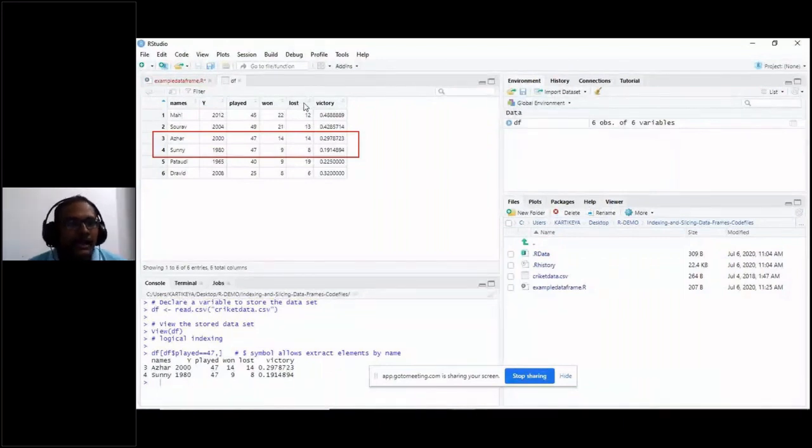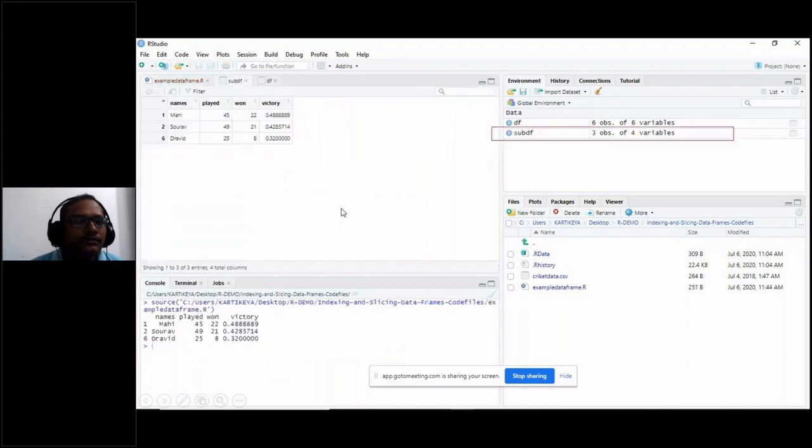The remaining columns we want to present in the subset data frame, and we have put some condition. What is that condition? The number of victories must be greater than 0.3. See here, this particular row has a victory of 0.29, or it has 0.19. This kind of rows we don't want. We want it to be greater than 0.3.